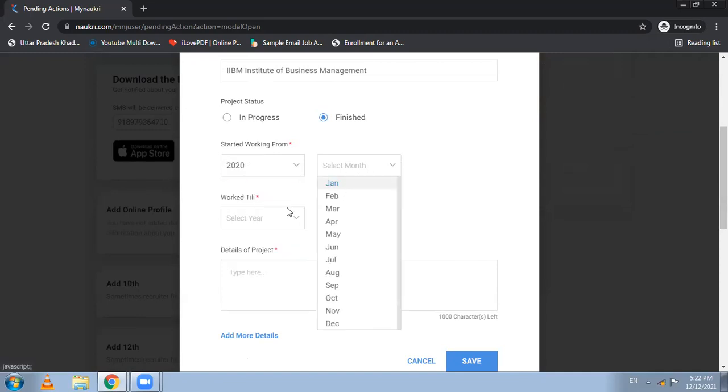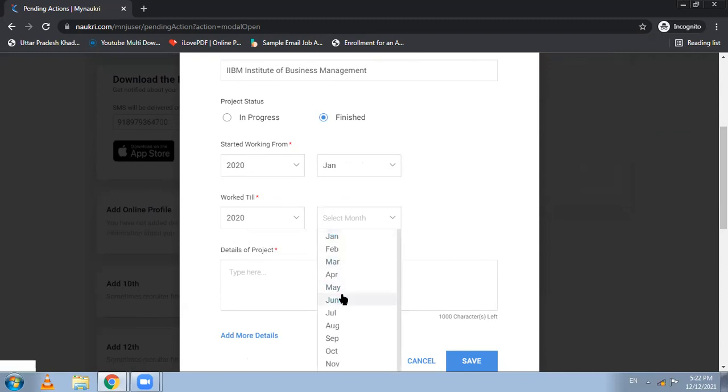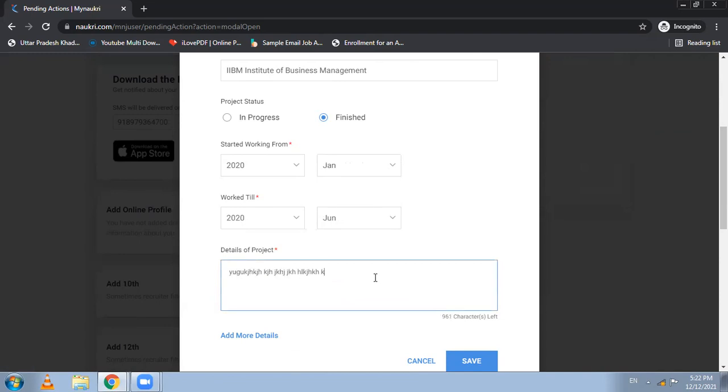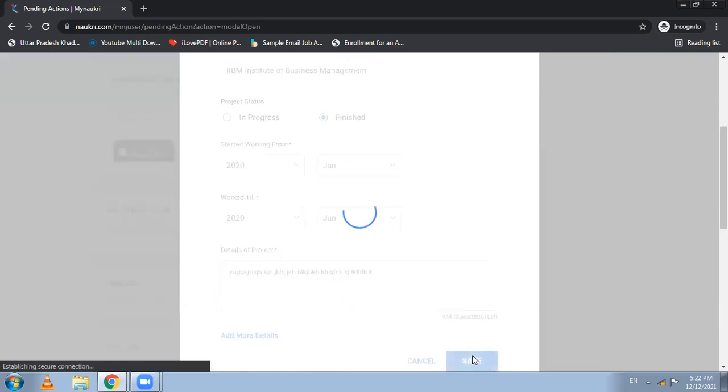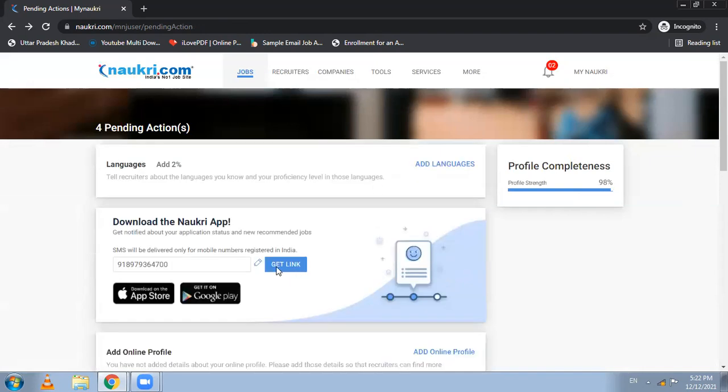Hold for a while, please. It is taking a little time, so don't worry. Finally, save. Done. So it has been 98% profile completeness.